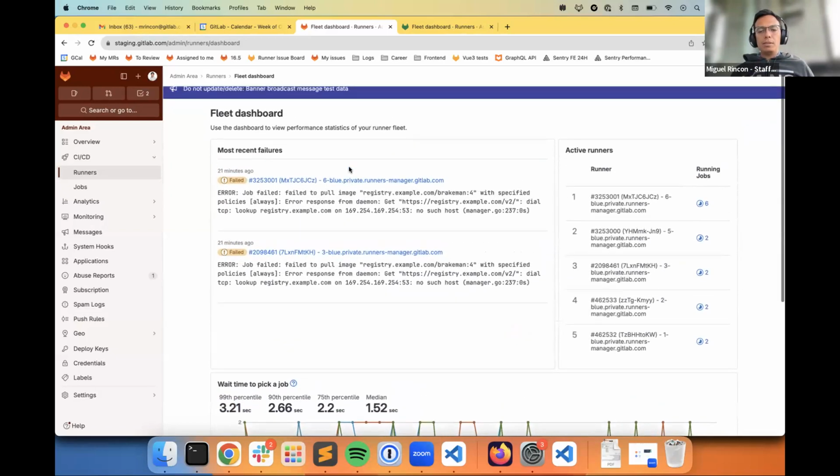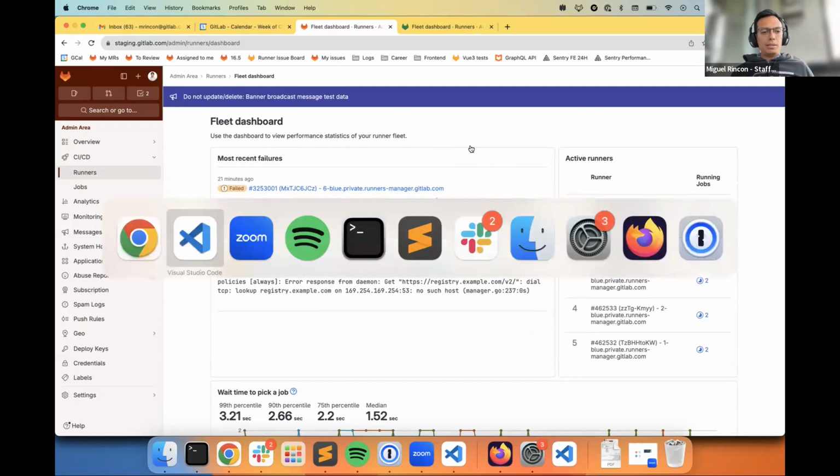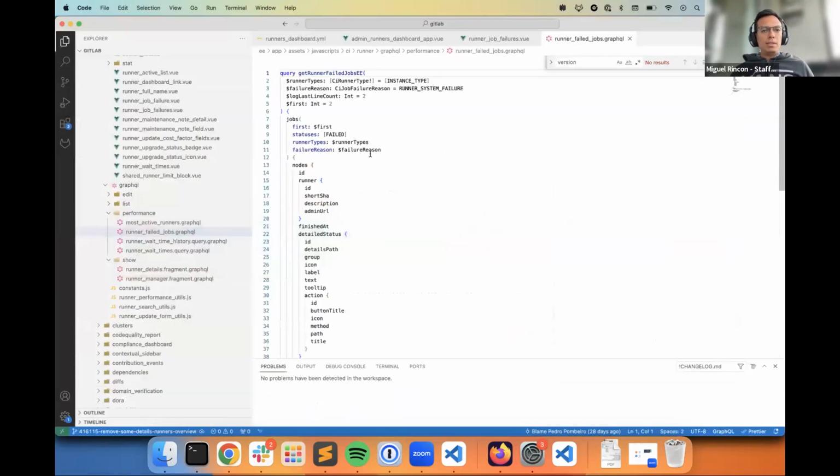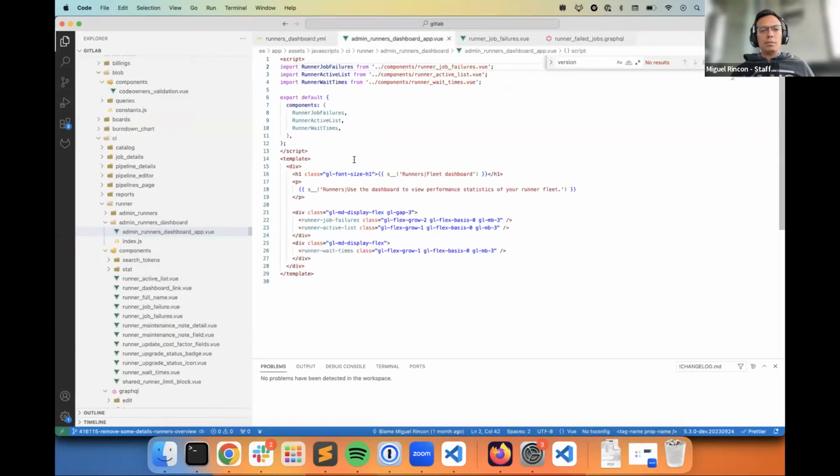So the way this works is we use the GraphQL API to load the data, and I can show you a little bit of the code that we have on the front end. So first of all, we should enable the feature flag runner's dashboard, which enables this page. And that lets us visualize the dashboard using these 3 components that are the same ones that you see in the dashboard panels: the job failures, the active runners, and the wait times